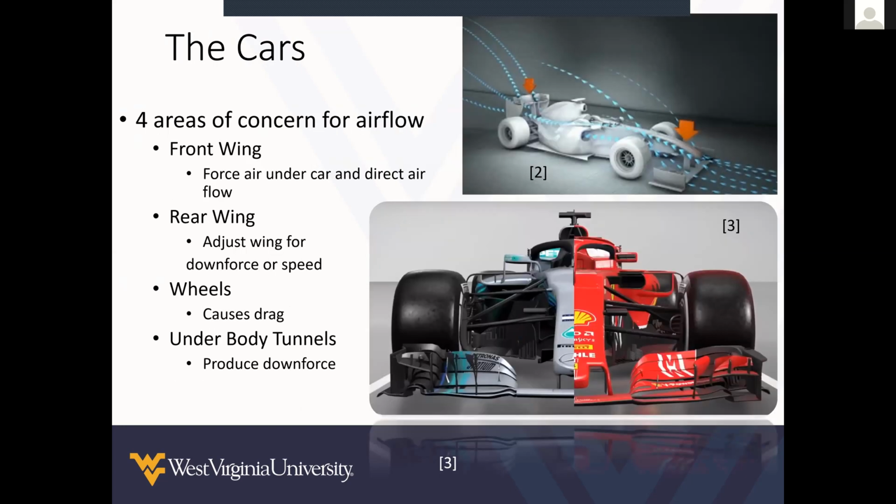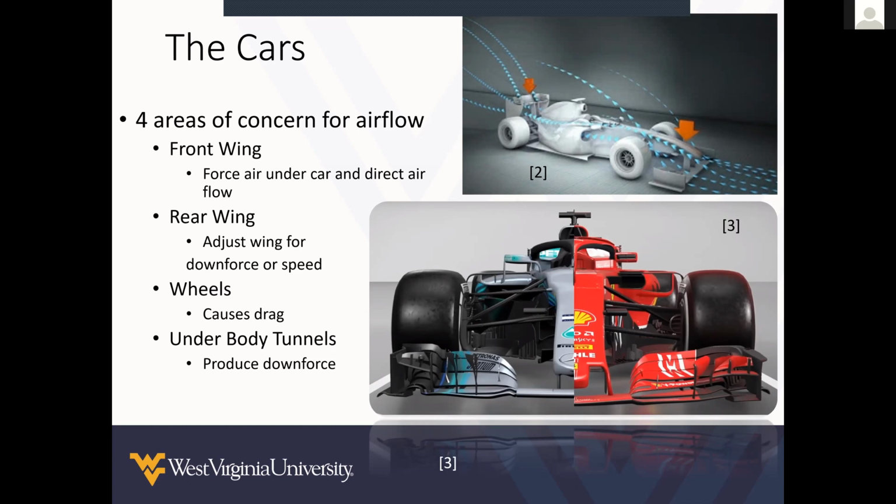So the top right picture is a very basic demonstration of the airflow. The front wing pretty much is what is going to direct the air. So either they're going to push air underneath the car or over top of the car. And as you can see, the outsides of the front wing, they're trying to push air over top the wheels so that the wheels can't cause